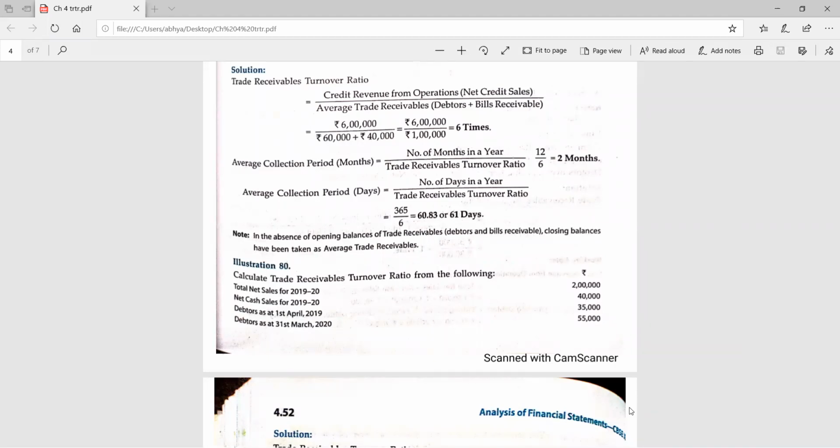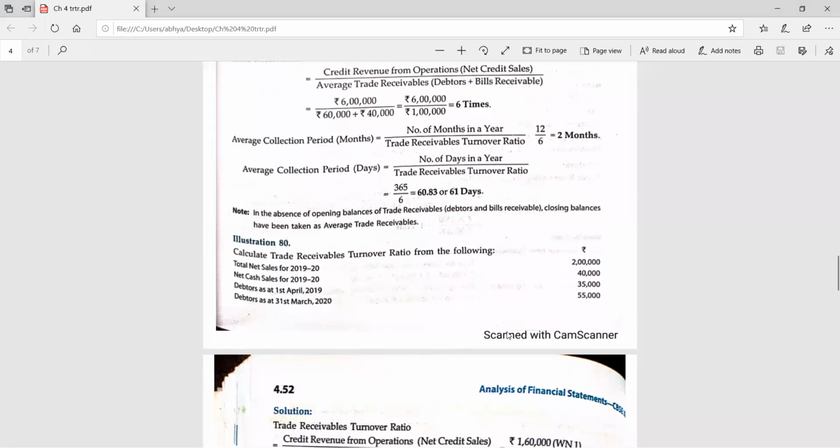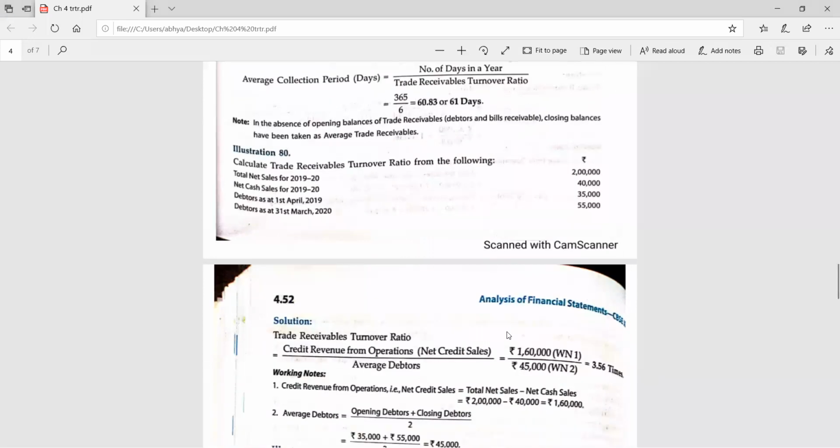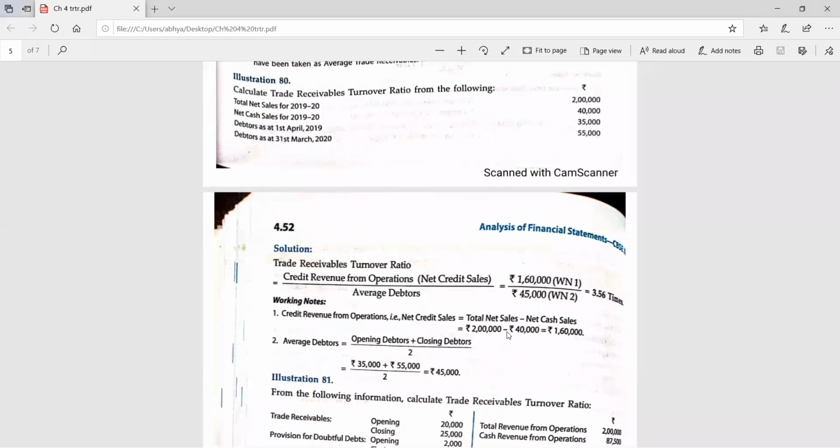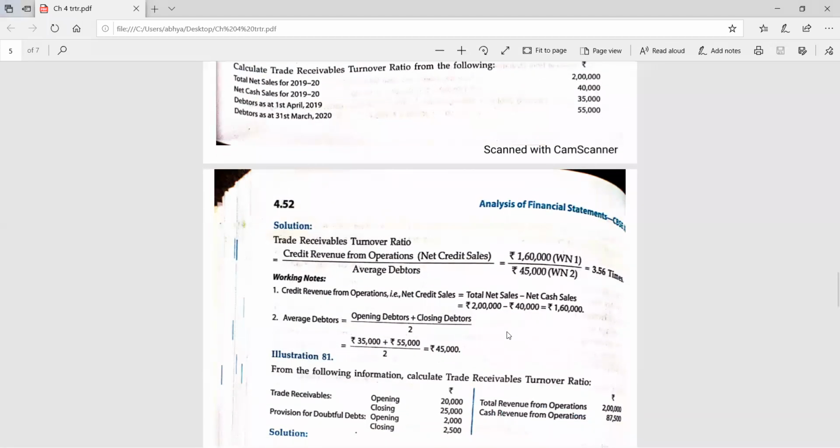Okay, have you done? I think many students have given me the answer. So let's check the answer. It is an easy question. Very good. 3.56 times. Some students have given me the exact answer. Very good. So you have to write all the steps while doing it in the exam. Otherwise, marks will be deducted for each step. Next question. Start doing.